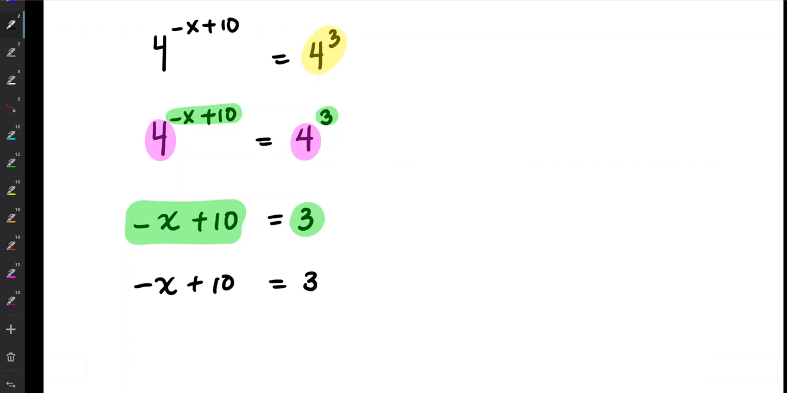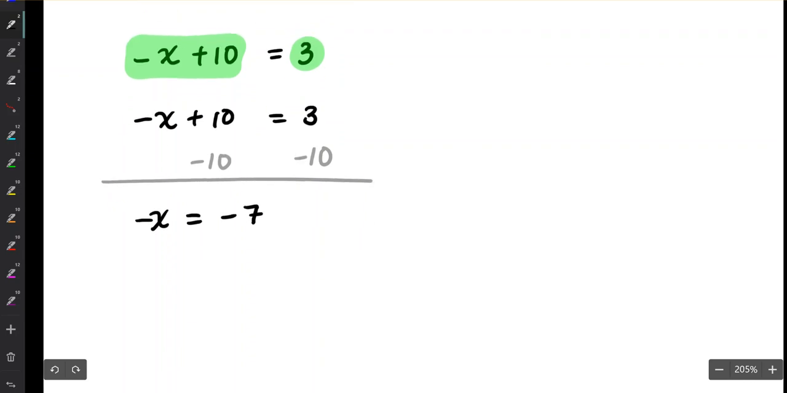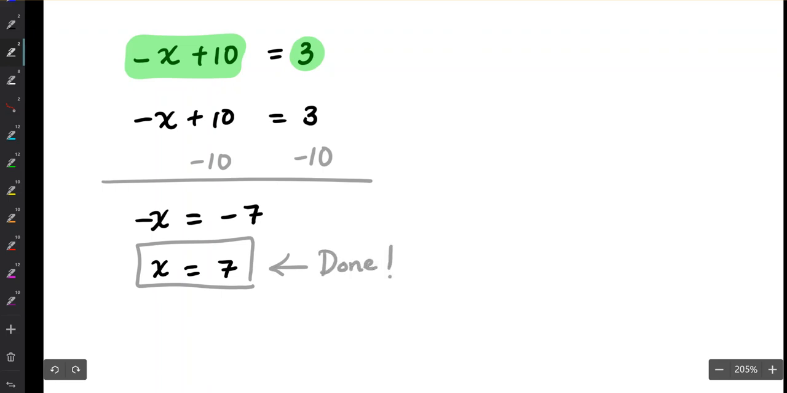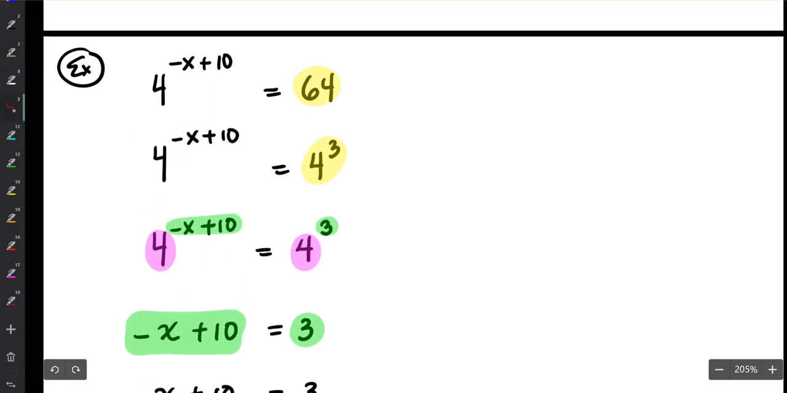I'm going to go ahead and subtract 10 from both sides. And we get minus x is equal to minus 7. Multiply both sides by -1, and we get x is 7 as our answer. And we are done. I want to do this problem again using logs, because although there are a few problems